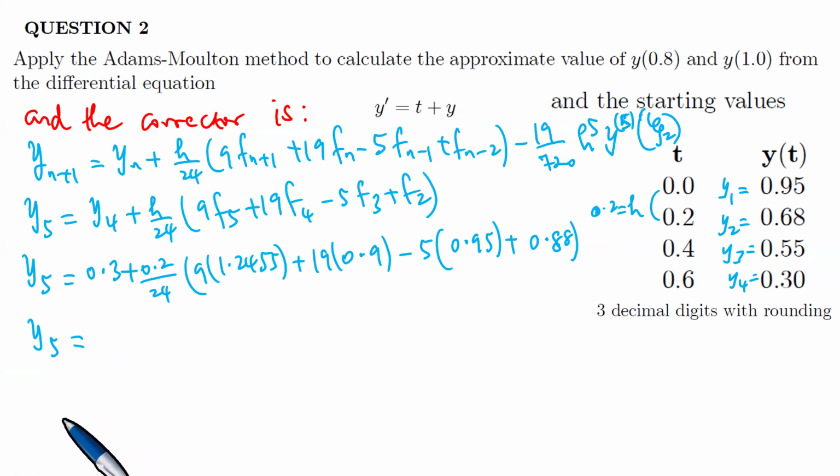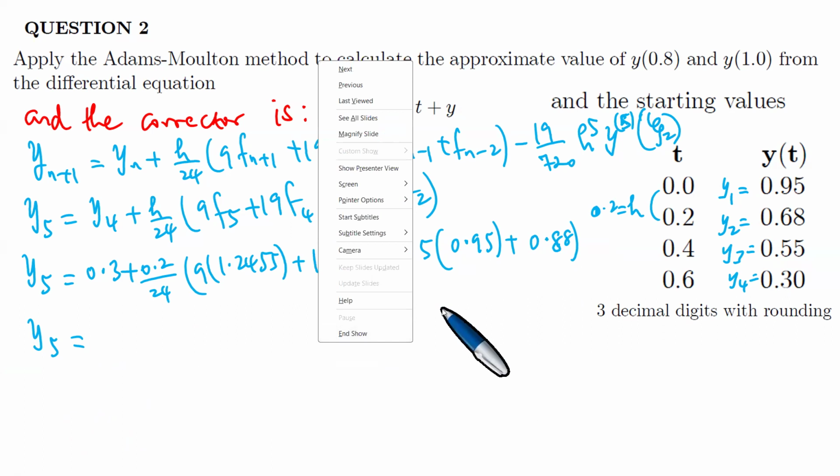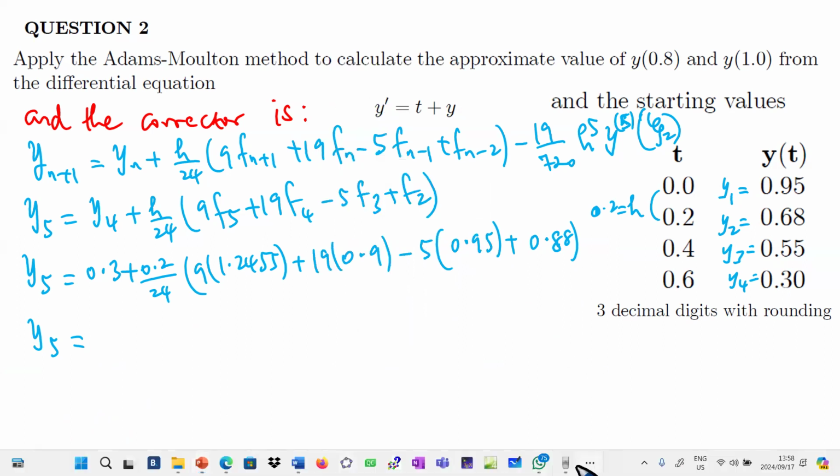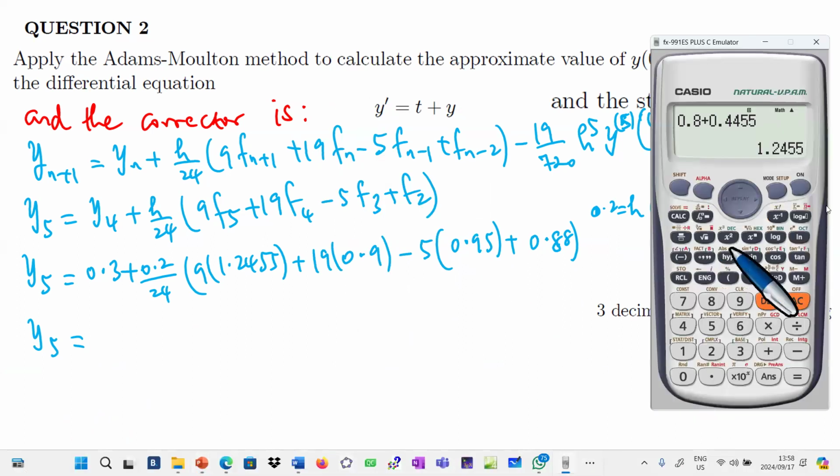So the corrector is that one, and now we're going to do the following. Using a calculator, what we have here is